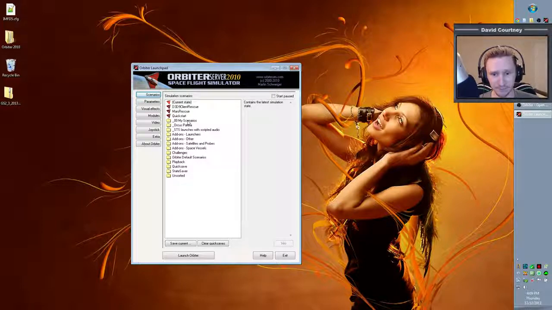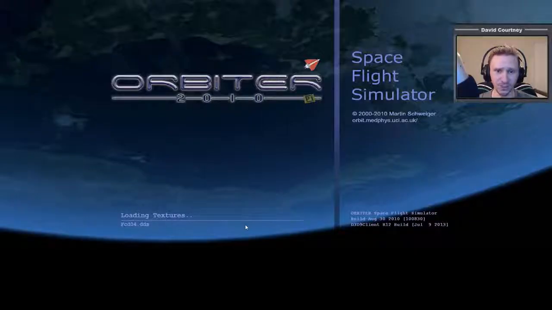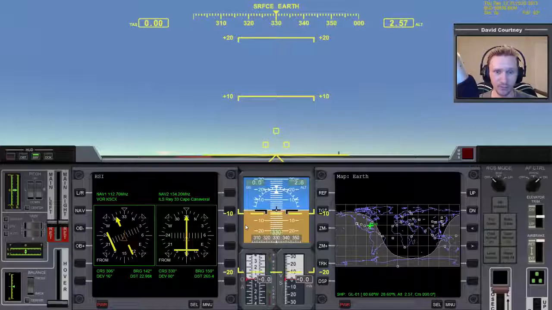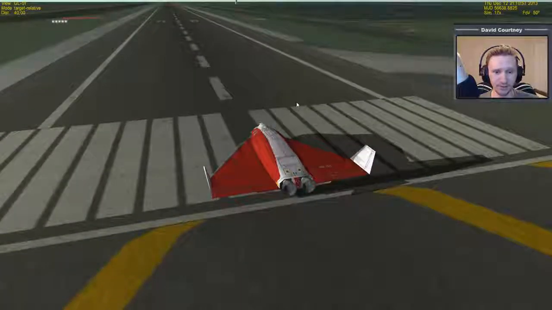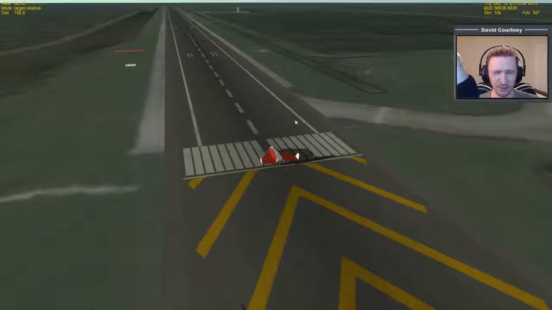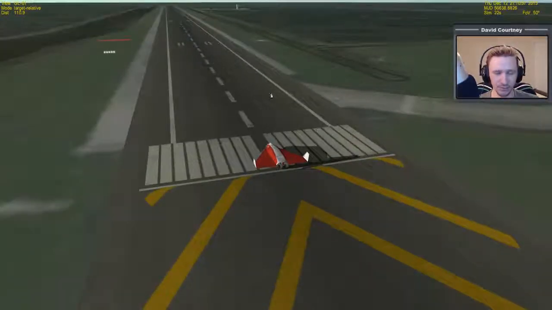But let's take a look at some usage examples, some ways that we can use GlideSlope 2. In a lot of cases, I can't cover every possible way that you can use an MFD in these introductory types of videos. I'm only allocating 30 minutes to myself here, so I can't cover everything there is to cover. But let's just take a look at some examples again. Here I've just got the quick start scenario loaded. This is a scenario that comes with Orbiter 2010 by default. It's located in the checklists folder, I believe, or one of those folders. You can find it